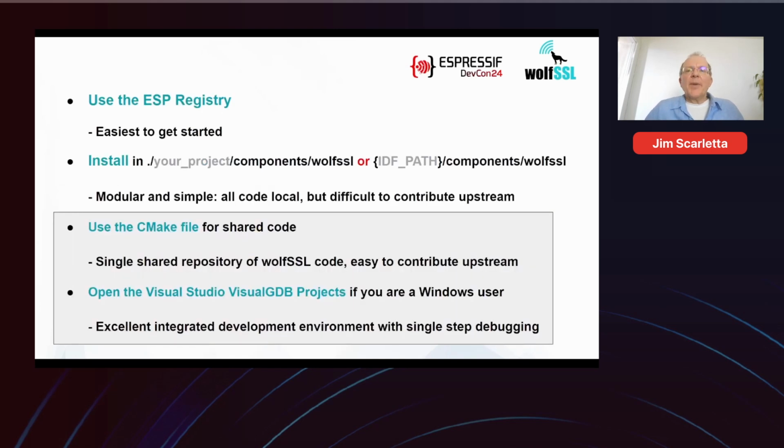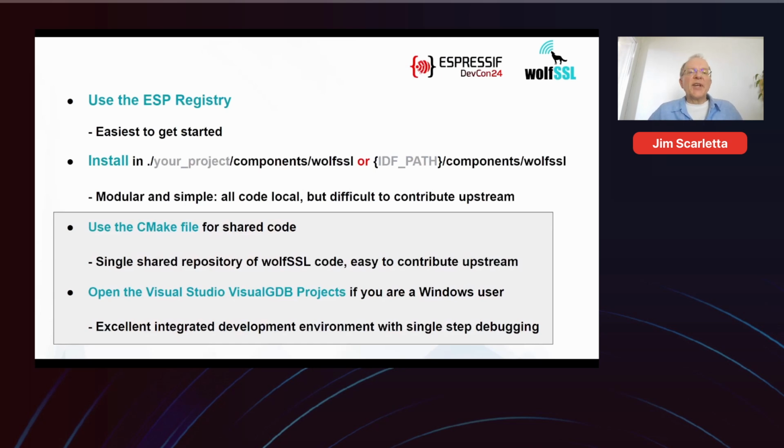So in summary, we talked about some of the different ways to get started. We have the ESP registry. It's by far the easiest way to get started with wolfSSL. You can also install wolfSSL either in your project, in the components directory as a local project, so components/wolfSSL, or you can install wolfSSL as part of the IDF. So you go to your install of the Espressif ESP-IDF, you'll find the components directory there, and you can copy